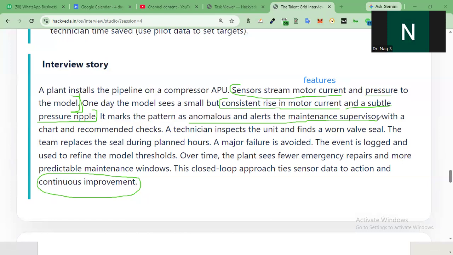Okay. Now, once that pattern or an anomaly was identified, the alert was generated, and automatically an escalation message or a pressure reading message or an alert message was sent to the maintenance supervisor or whoever was in that user category as per the stack. So once that is done, the technician inspected and found a worn valve seal. So they found out the issue, and due to this, what exactly happened? The team replaced the seal during the planned hours so the pressure and current obviously came back to normal again,